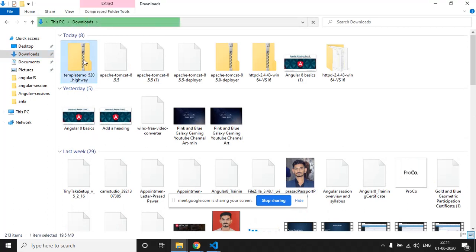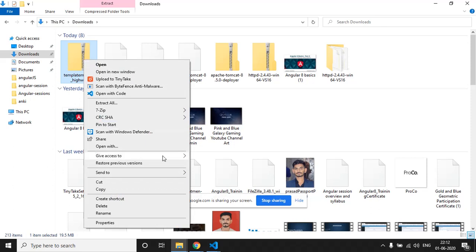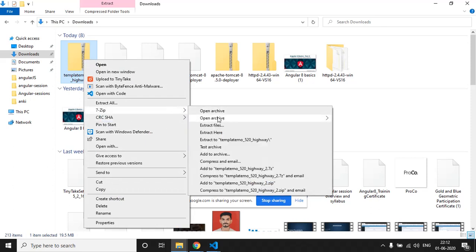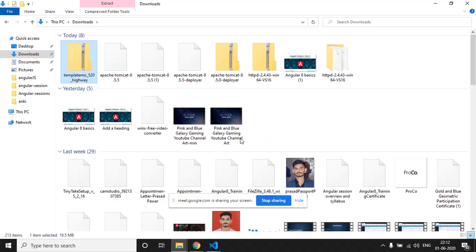So this is the template file saved. Now we have to extract this file. Extract it here.